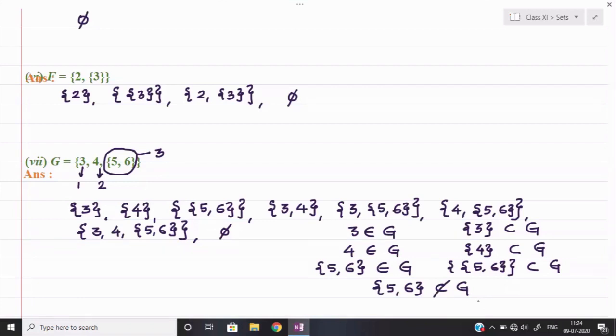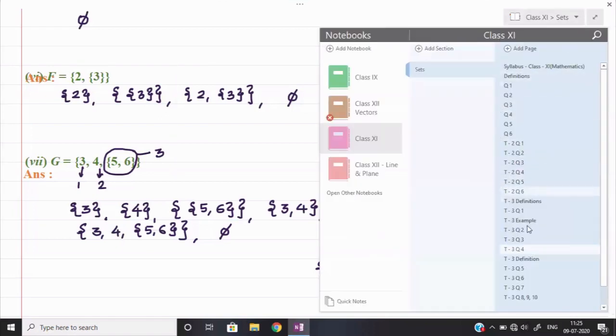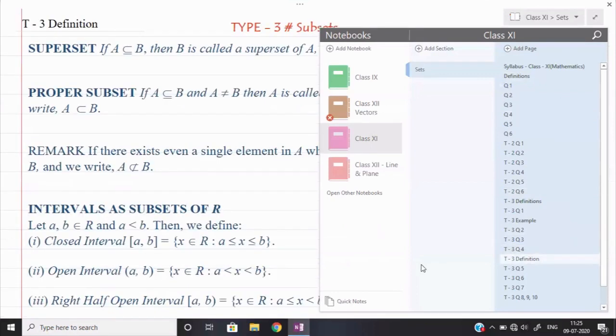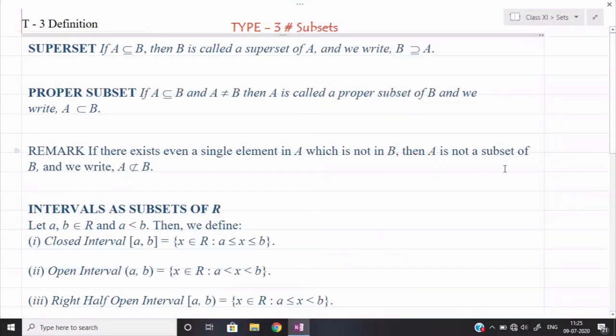Such kinds of questions we have already covered in the past, and one more question in today's session I am taking. Okay, so now let us see some of the definitions, and then we shall proceed to the questions. So let us see the first definition. I have already made clear what the subset definition is. Now let us see 2-3 definitions that are given to us.